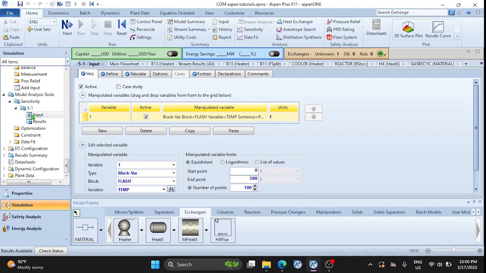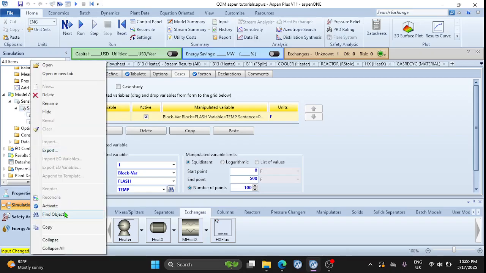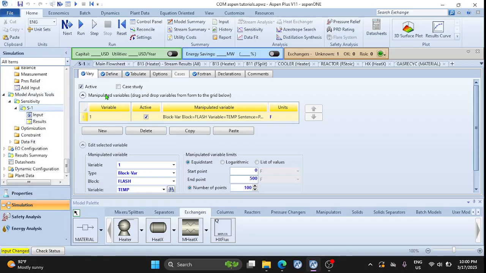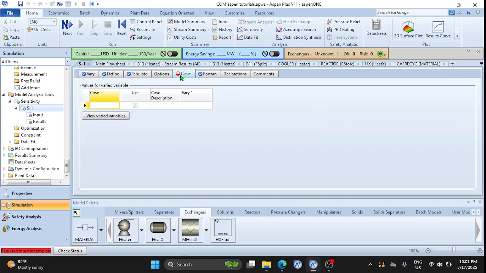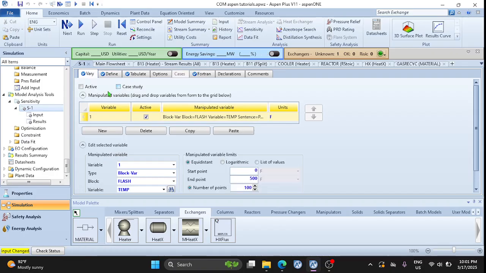sensitivity. So let me deactivate sensitivity. So I can come to the sensitivity tab button here, right click, and then click on deactivate so that it's no longer active. Or while I'm here, you see active over here, I can uncheck that, right? If I just want to do a case study, I can do this as well, but then it means I'm going to run a number of different cases, and that's something for another time. So I'm just going to keep it